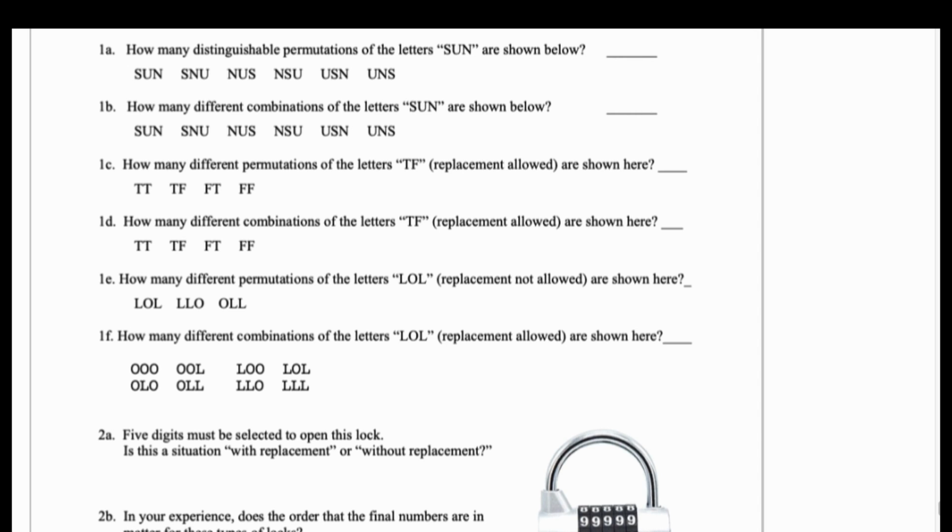Alright, last time I had said that there was a formula for each situation involving combinations and permutations. We have formulas for permutations with replacement and formulas for without replacement. This particular situation, 1A, was arranging the letters SUN without replacement, meaning each letter could only be selected once. And these are all the different permutations of it. So with permutations, order matters, and we said that there would be 6 different permutations here, and that it followed